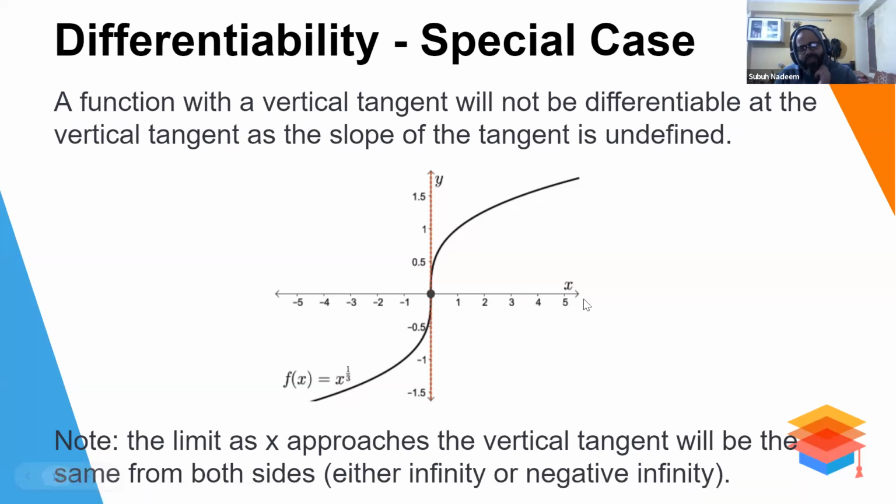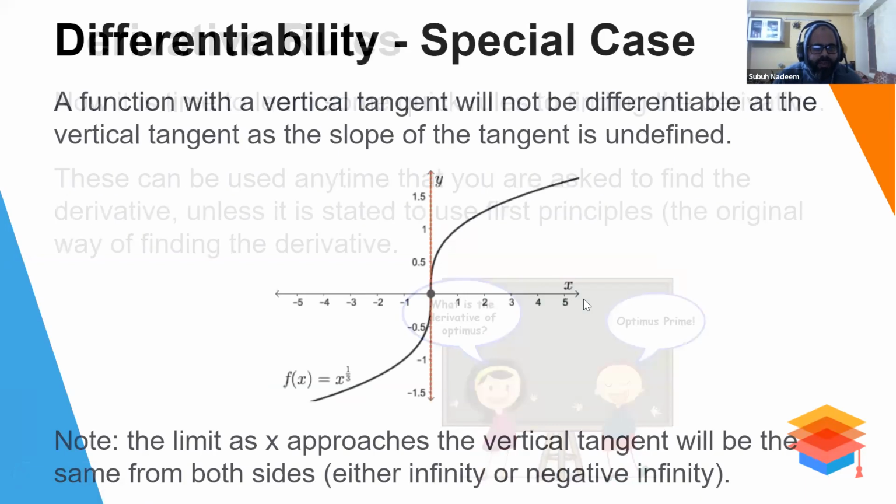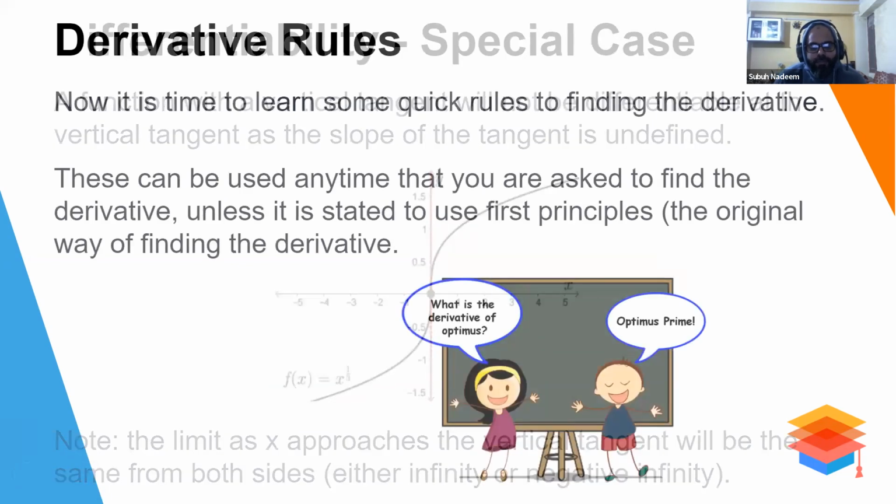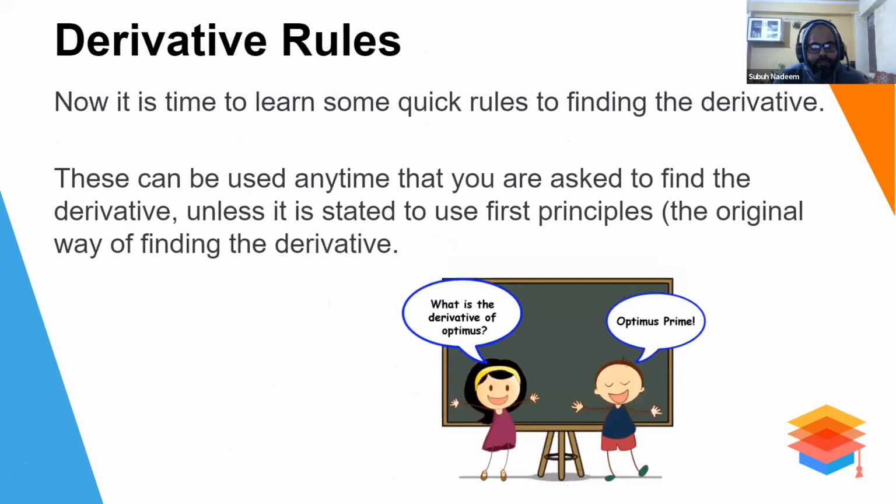So this note is the same thing. The limit as x approaches the vertical will be the same from both sides, either infinity or negative infinity. So that is okay. Let us move on further. Now the rule is